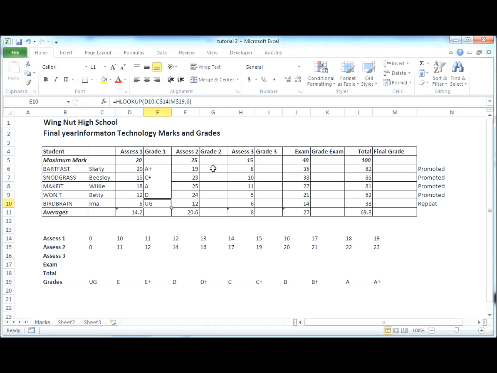The next thing we can do is something slightly different. Instead of using absolute referencing to protect an area, we can use what's called a named range. So we're going to be looking at assessment number 2. Assessment number 2 is obviously on this row here. So if we select this area,